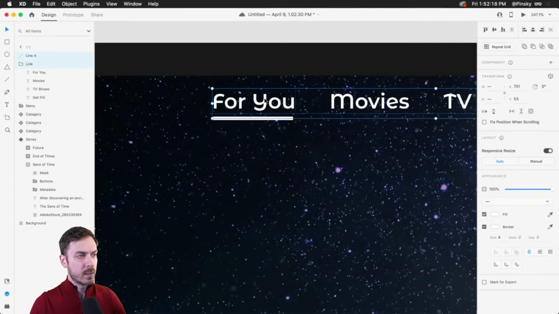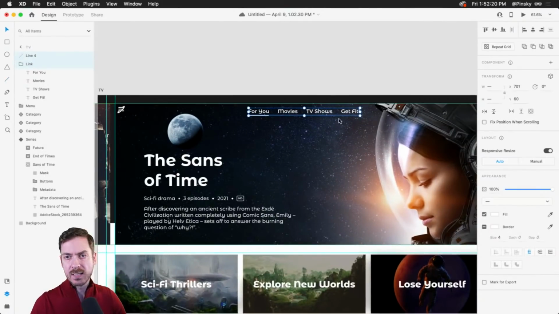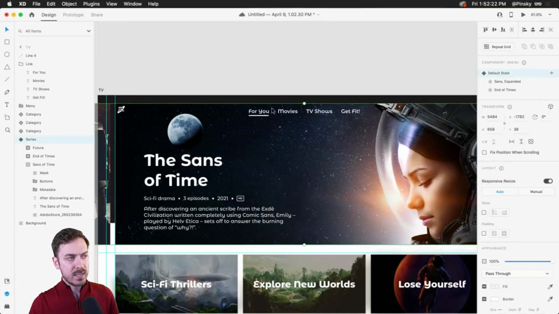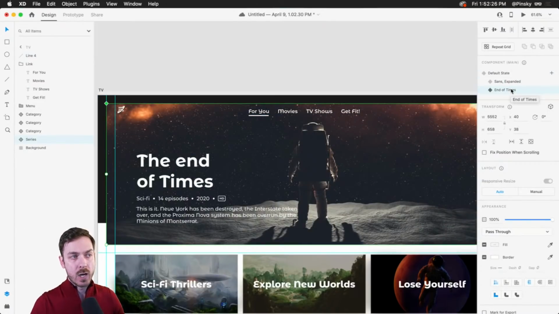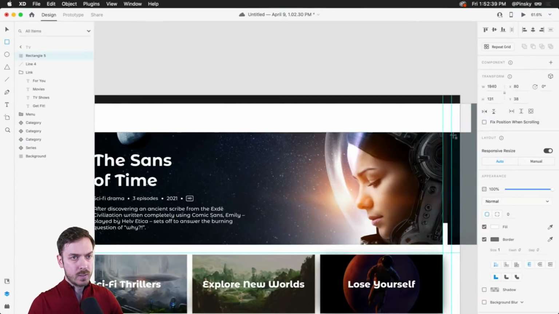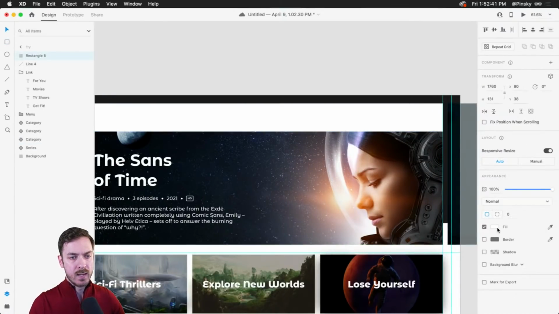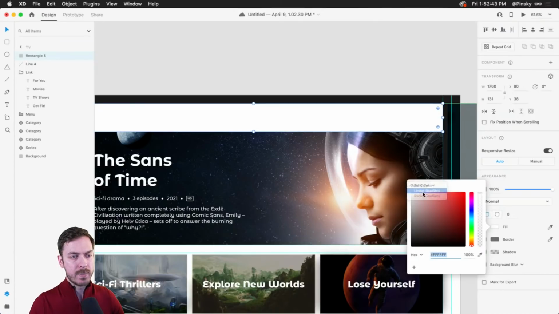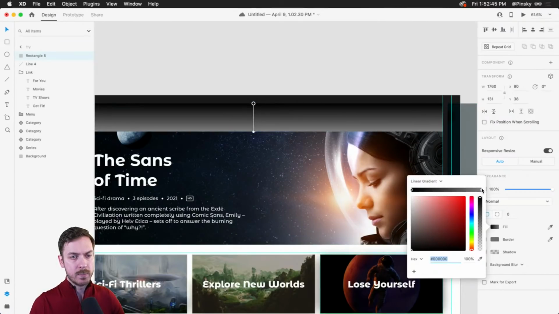Now, going back to what we were talking about a little bit earlier about gradients and things like that, right now this is not bad, but if we were to switch over to, let's say, End of Times or the Futura one, there might be some issues reading some of that information back there. So you might want to just grab a rectangle, drag one out, guide to guide, and then just add a very subtle gradient back there, right? Both colors will be set to black.